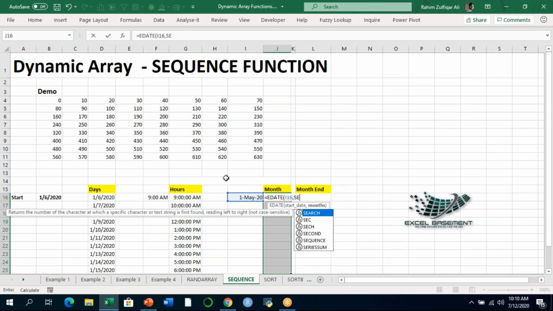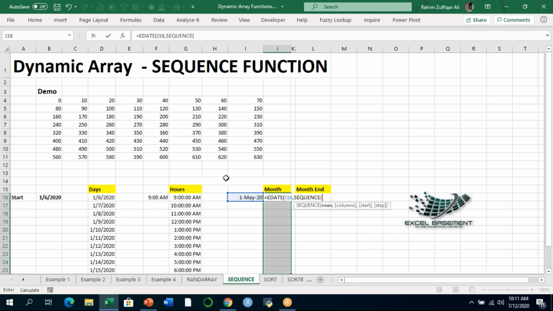Okay, and we will add the SEQUENCE dynamic array function to it so that it can create a sequence. Within the sequence we need the next 12 months' first dates. 12 is not a fixed number here. You can write 10 here, you can write 8 here. This means how many outputs you want in this specific column. So I need 12 outputs, and then how many columns are required? One, which is the current column, and the starting point will be 0, and I need to press Control Shift